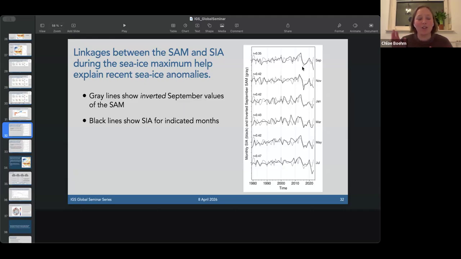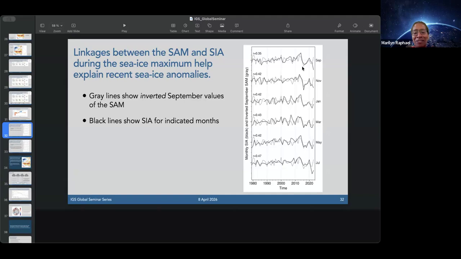And somebody else in the group that I'm now a part of at OBVI is looking at this relationship more in models, and maybe at future projections. I think that will be useful to unpack a more mechanistic understanding of what this relationship is, because I think we need to think about that more. I think that's a really important question. Good. I'd be interested to see what they find. Thank you.